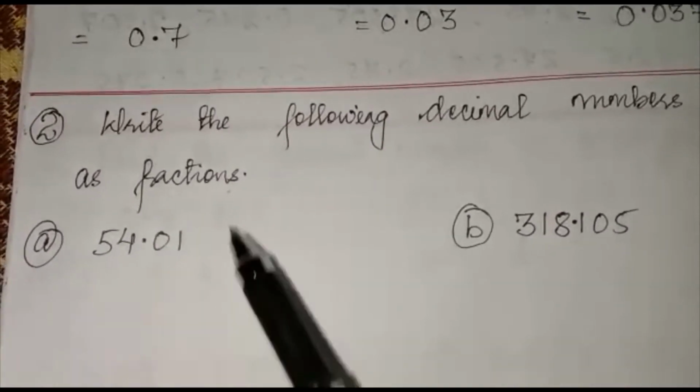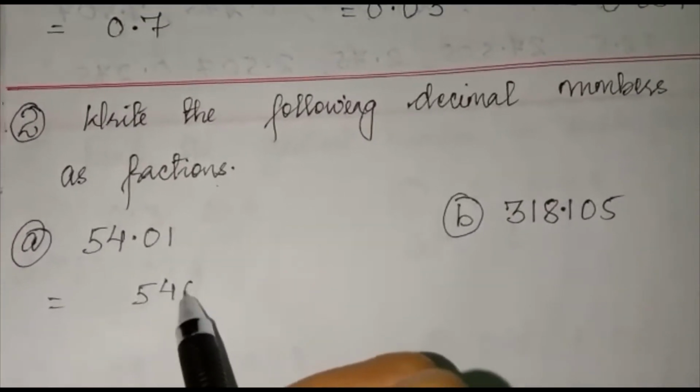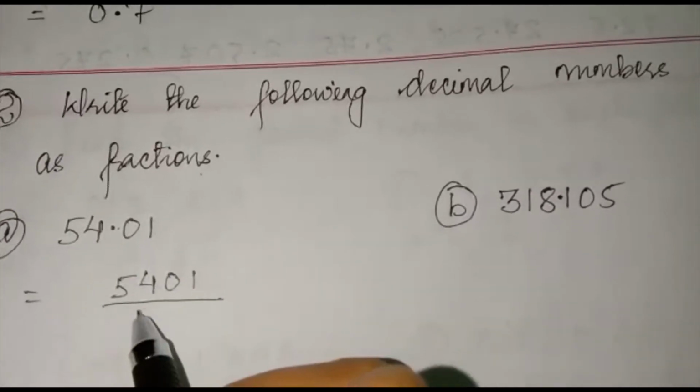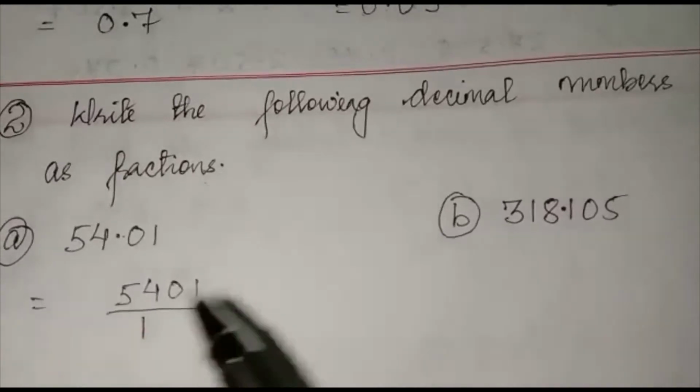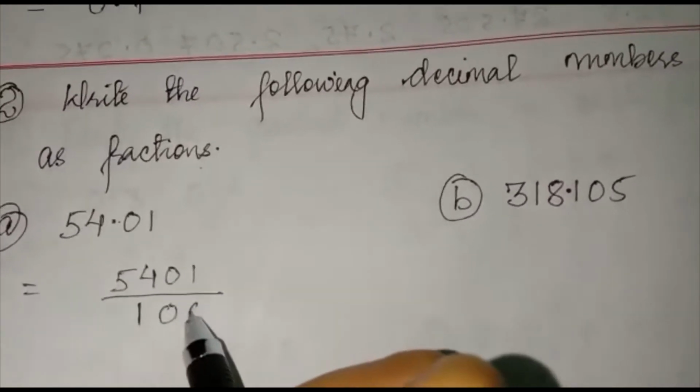Now next, question number 2, write the following decimal numbers as fractions. Now you have to convert this decimal number into a fraction. So first you write the number 54.01 divided by. In place of the decimal, write 1. Now count how many numbers are there after the decimal. 1, 2. You have to add 2 zeros. So the answer is